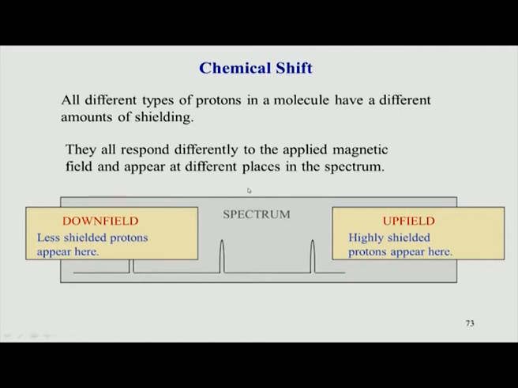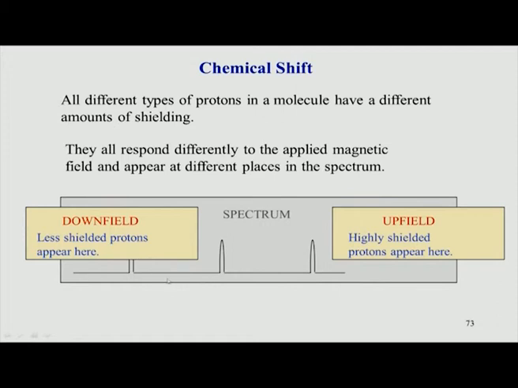The center is very important in NMR. We usually keep the reference frequency at the center, and with respect to the center, we say that peaks on the right side are upfield shifted, and if the peaks appear on this side of the spectrum, we use the word downfield. So, downfield is less shielded or de-shielded. The de-shielded ones come on the left side, which means their ppm value goes up.